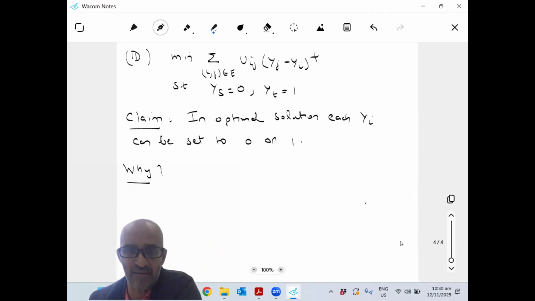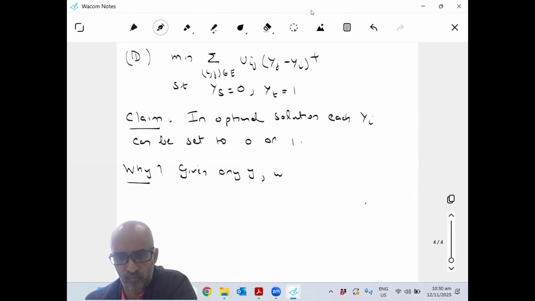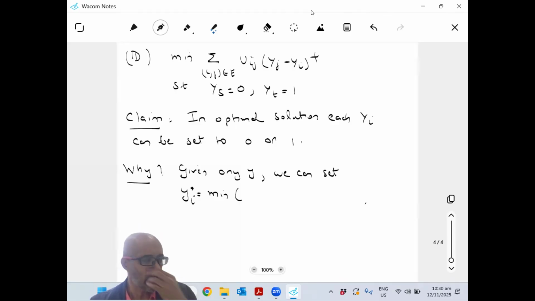So I claim that given any y, we can set y star to be the minimum of